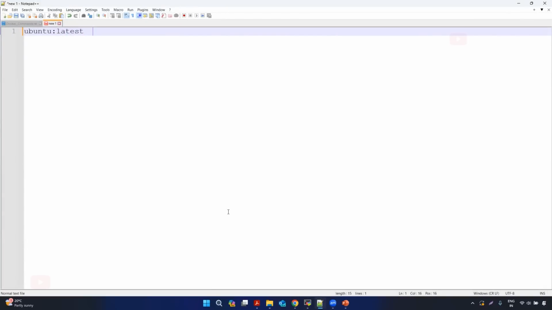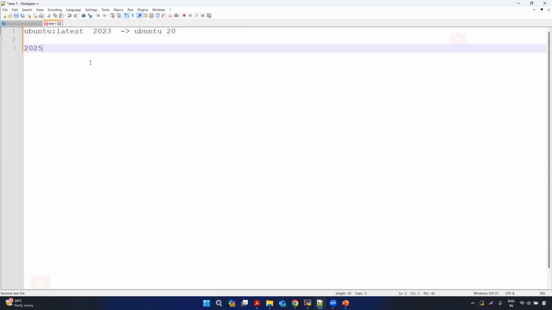I'm talking about 2023, where Ubuntu latest corresponds to, let's say, the Ubuntu 20 version. Now this year I again try to build that custom application, again based on Ubuntu latest, but I'm doing it in, let's say, 2025. In 2025, Ubuntu's version is, let's say,